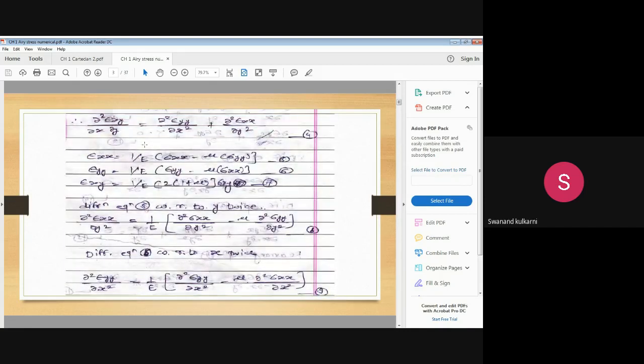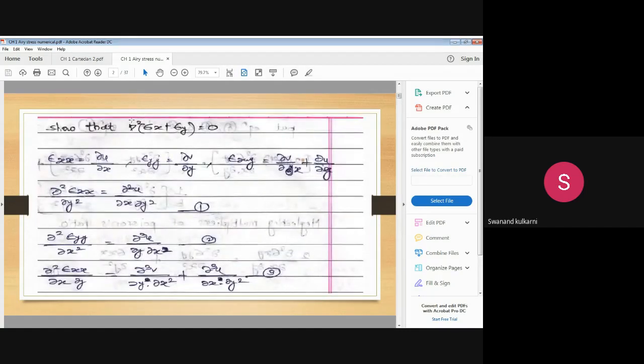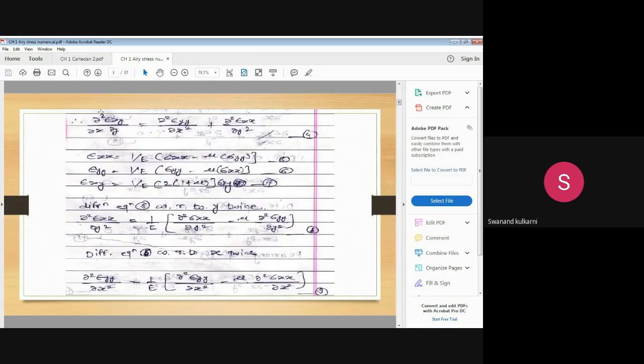As for the Airy stress function, this is del square of sigma x and sigma y. So this concept we are going to study is the Airy stress function. We will have to convert all the language of strain into the form of stress. So this epsilon yy is the strain along the y-axis, this epsilon xx is the strain along the x-axis, and this is shear strain. That shear strain we will have to convert into shear stress.